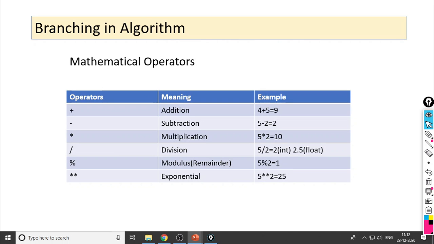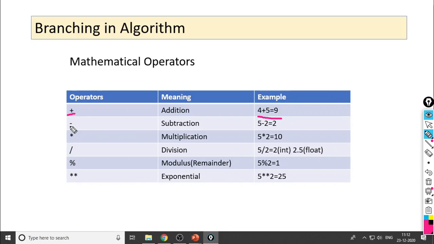So before going towards branching statement, we revise some of the operators, whatever operators we have seen in the last lectures. So some operators are there, those are used to calculate the mathematical equation or to perform some mathematical calculations. So this is the first operator, that is the plus one. This sign is available on your keyboard. With the help of this one, we can do addition.